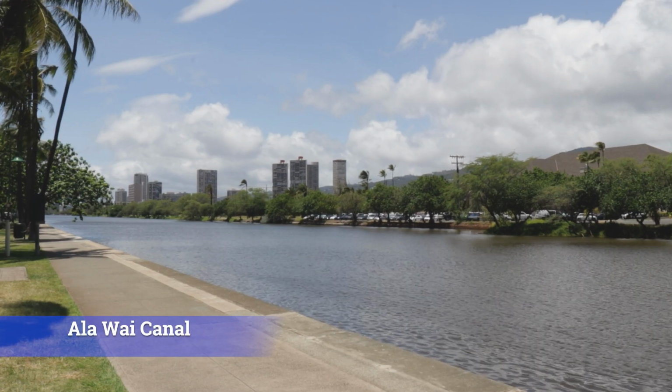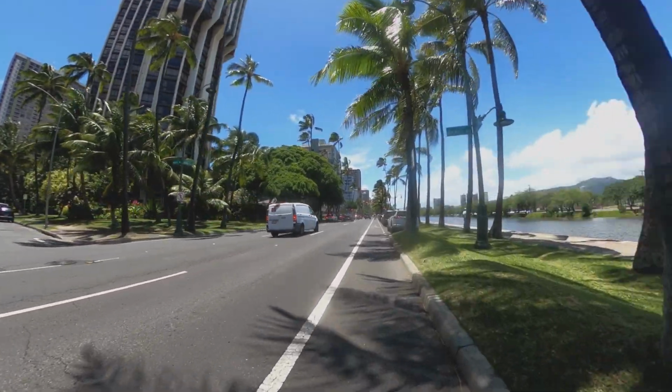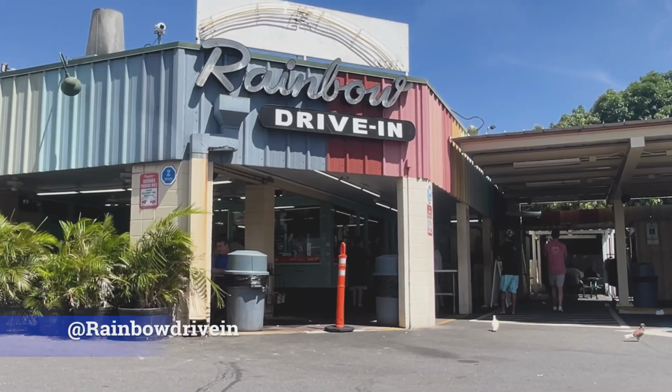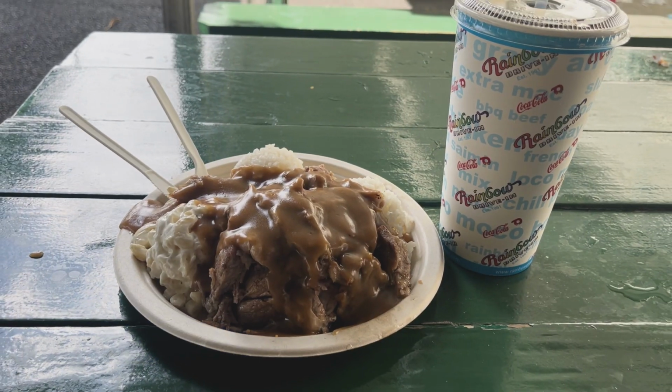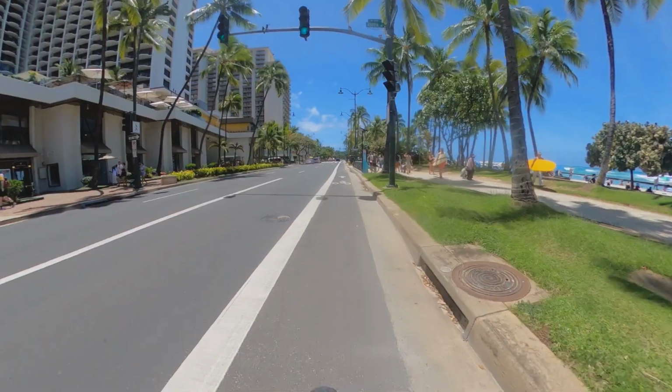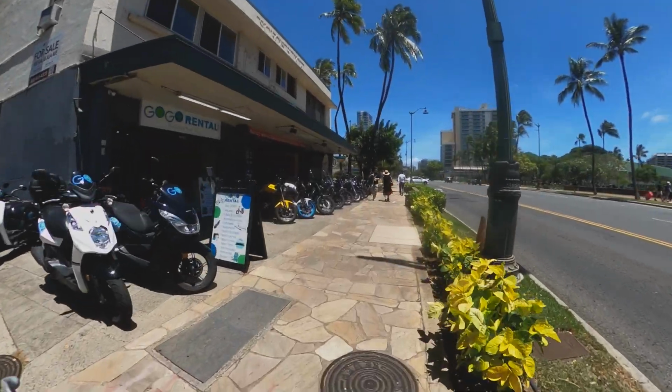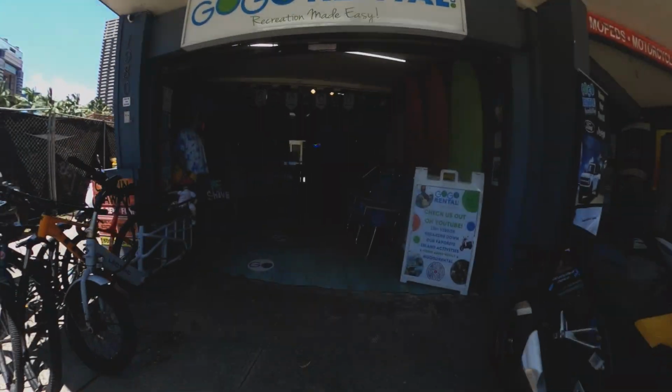Recharge along the Alawai Canal, fewer crowds, smooth pavement, and epic mountain views. Feeling hungry? Grab a quick musubi or hit Rainbow Drive-In for a classic local plate lunch. So ono. With GoGo's e-bikes, you'll cover way more ground in way less time, and you'll have way more fun doing it. Loop back to where you started, and boom, you've seen the best of Waikiki in just a few